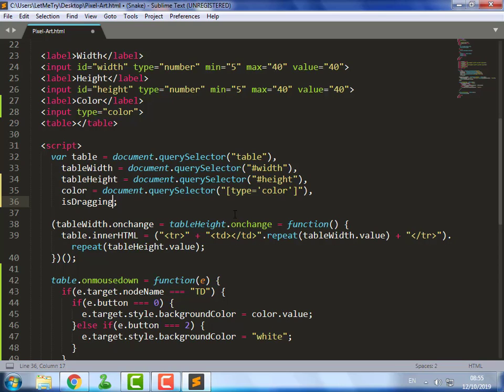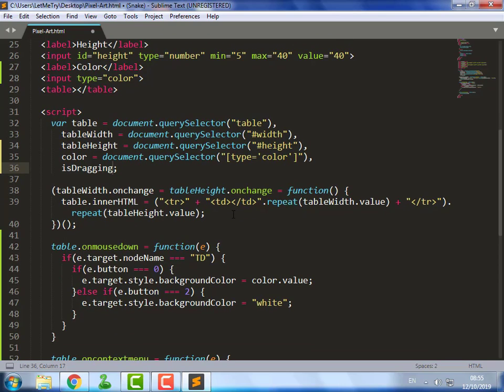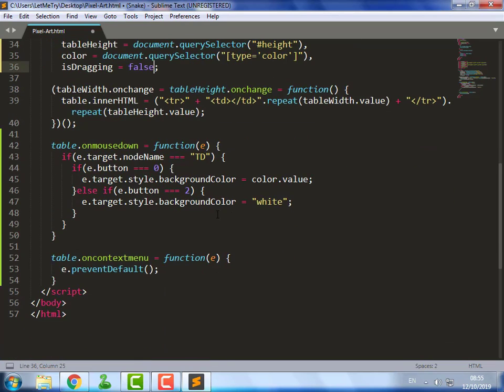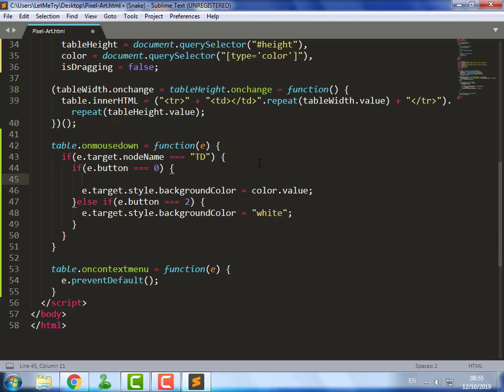We need some drag to draw behavior, so a boolean variable to store whether the user is in dragging state or not. So the time between pressing the button and releasing it, the user is in the dragging state.